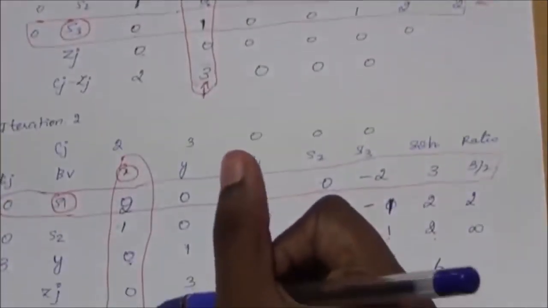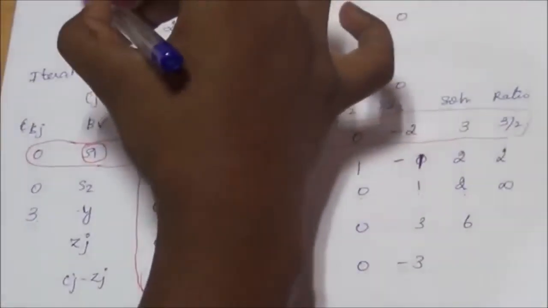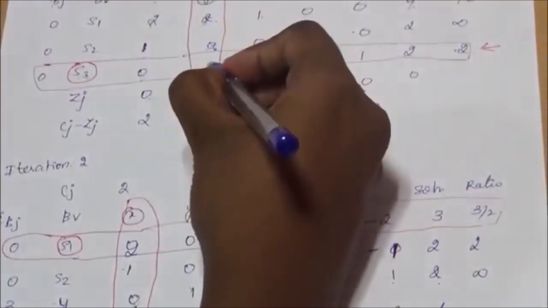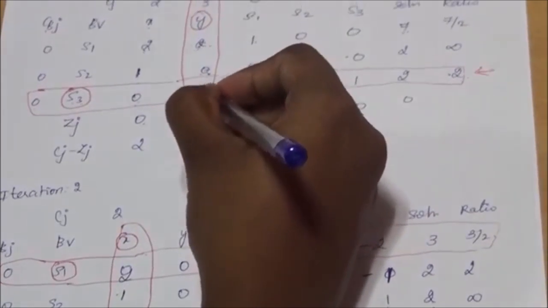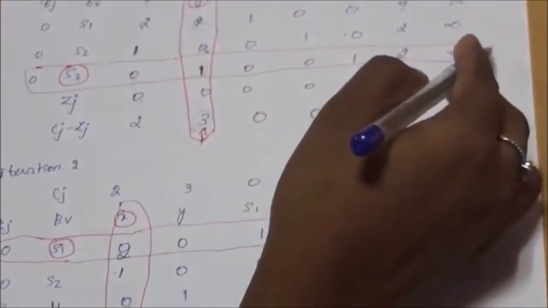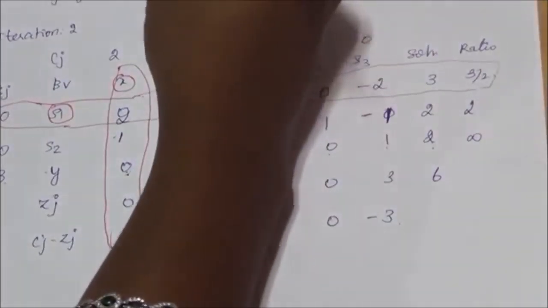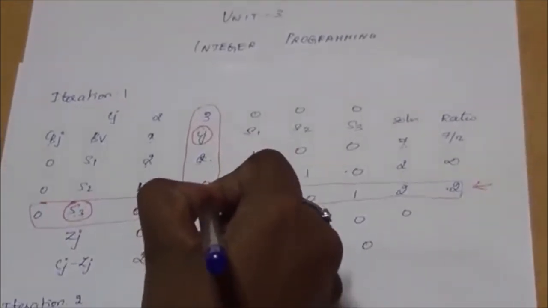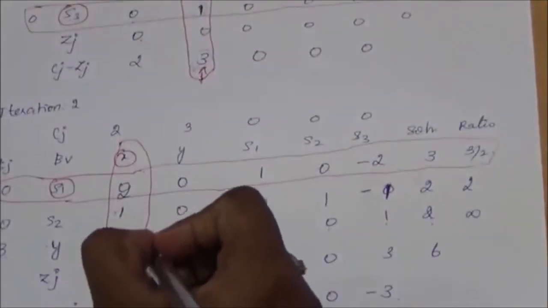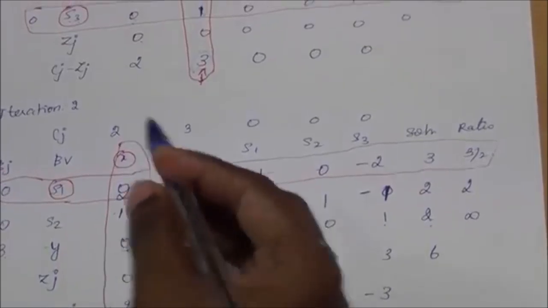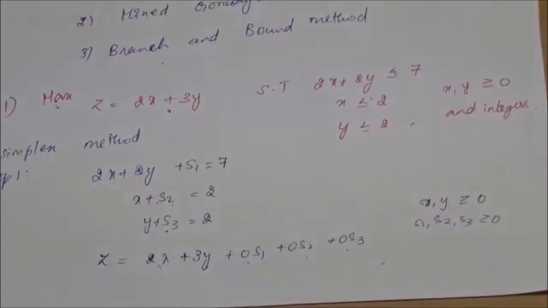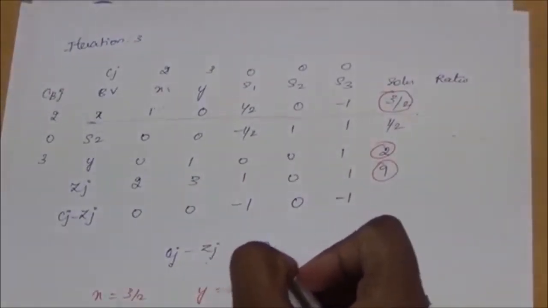So we go on to iteration 2, where first we have to write the pivot row only, where the intersection element we have to make it as 1. Here already it is 1, so we need not replace this element. So the values as it is will be written here. For writing the other values, we have to take the present value, subtract the pivot element multiplied by the new pivot row written in that next table. The same process will be followed for all the values, and we have to carry on this iteration till all the values of Cj minus Zj become less than or equal to 0.